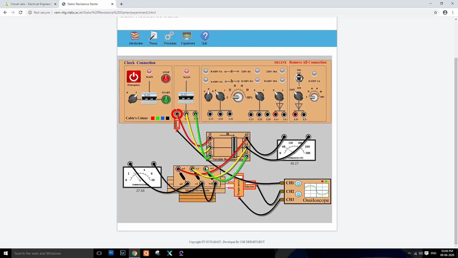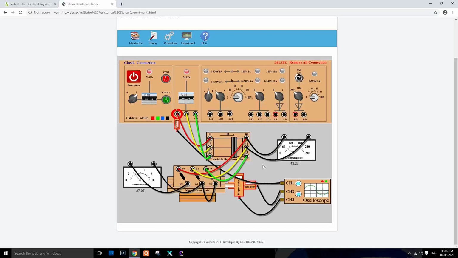It shows that we have moved the rheostat from right side to left side. That means we are decreasing the resistance of the rheostat. That means we are cutting the resistance. So by cutting the resistance, it increases the current flow through the stator winding.